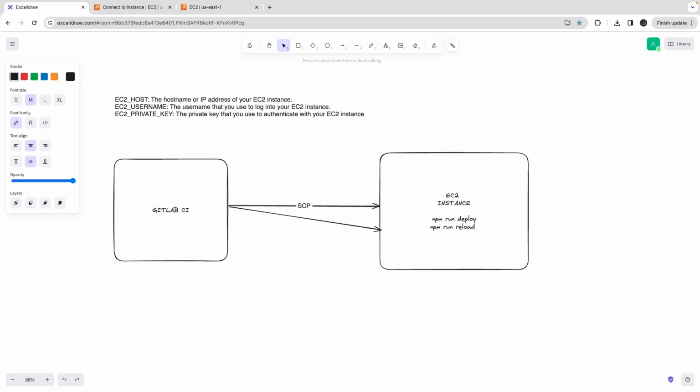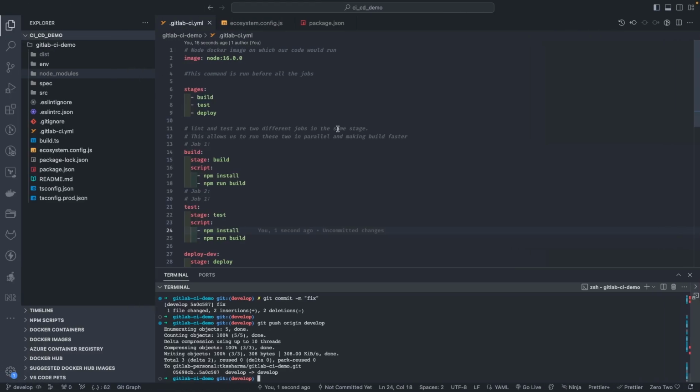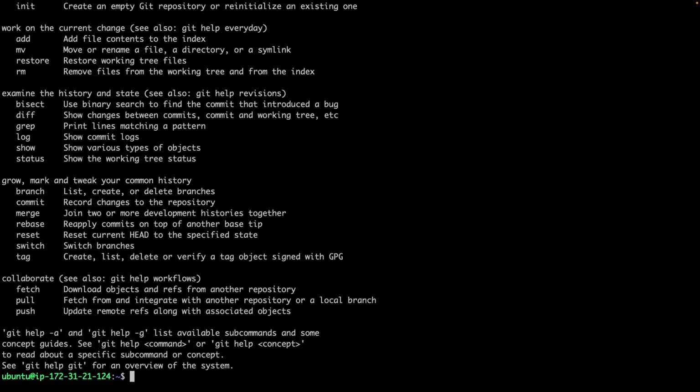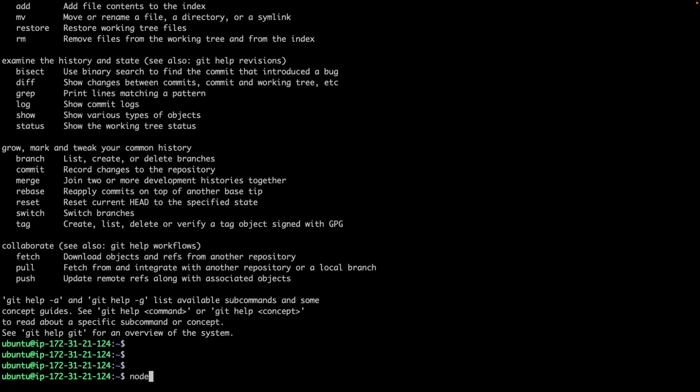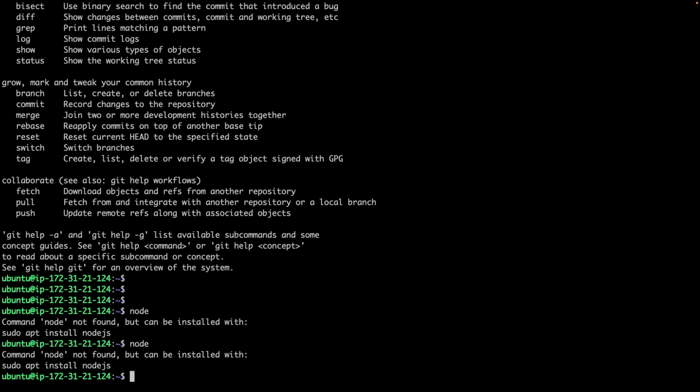Npm run deploy or npm run reload, whatever is a command. Like if you are using PM2, you can do a reload, these commands. So for that, you need to have Node.js installed on this instance also, because what is the runtime environment? It's just a Ubuntu instance. There is nothing installed. Even Git is not there. Maybe Git is there, but Node is not there. So what we can do is we have to